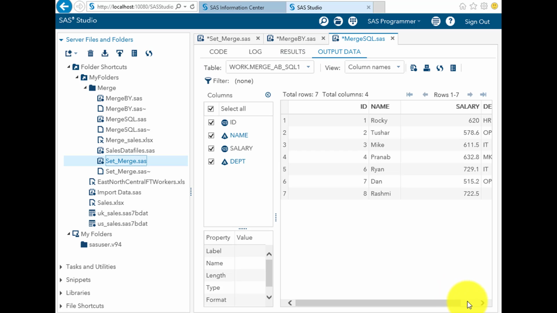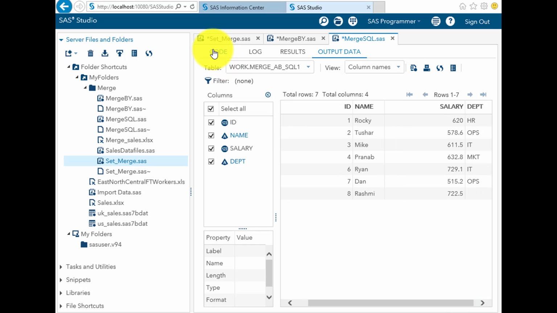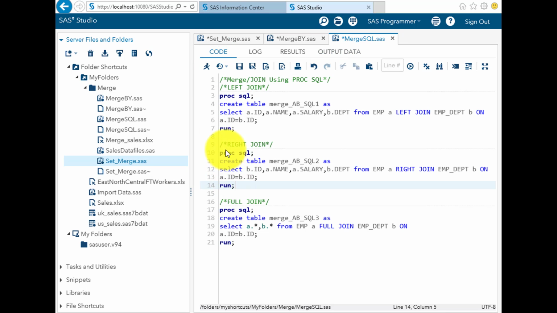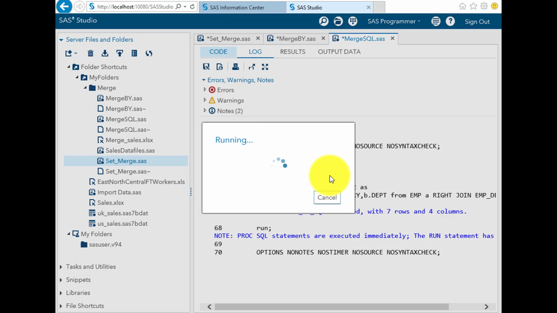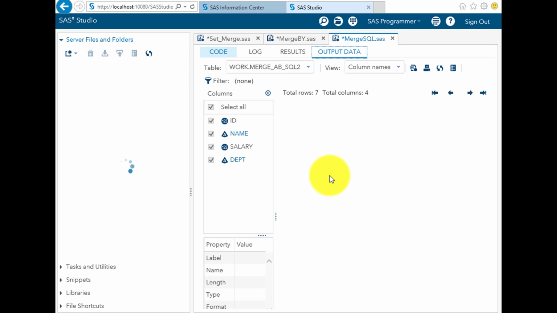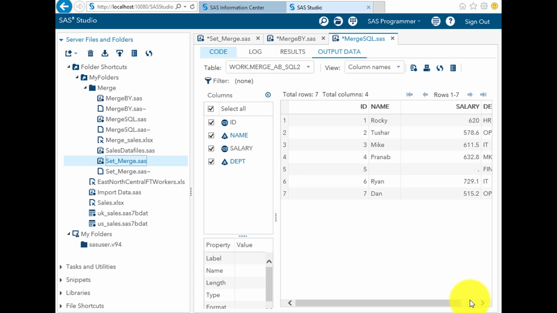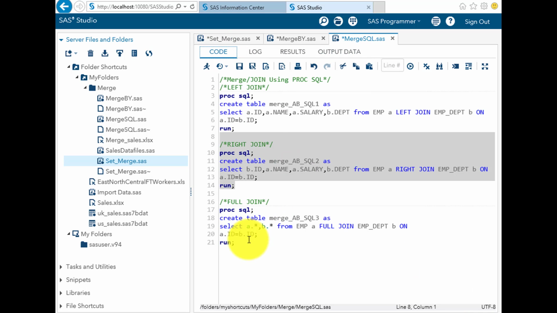Okay, so this is a simple left join. You can see it's a similar result which you saw earlier. Similarly, we have a right join over here. Just instead of left we have used right, and in the ID I am using B.id instead of A.id because we are doing a right join. So we can execute this as well. Yeah, so again the results are similar to what we got in the other one.